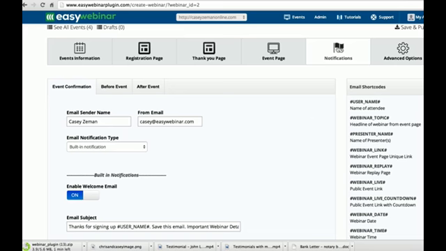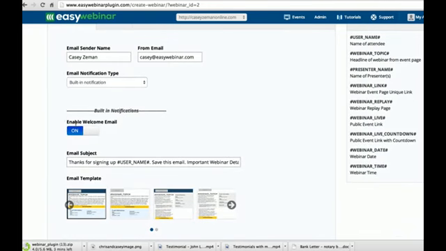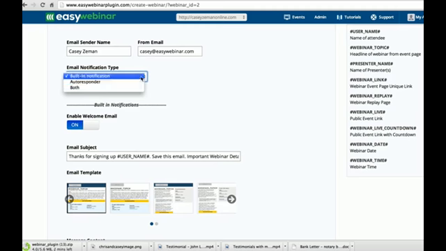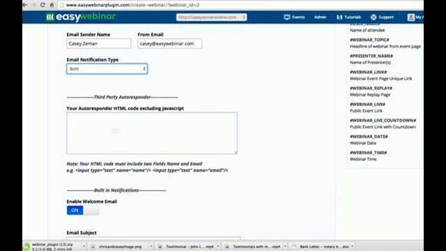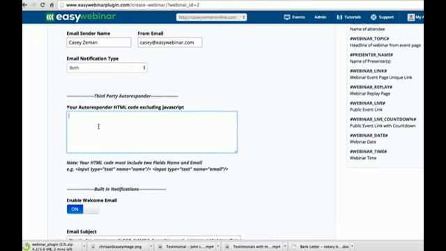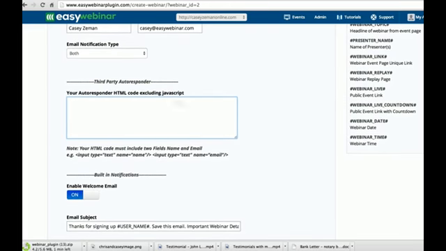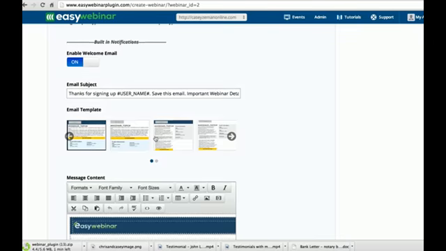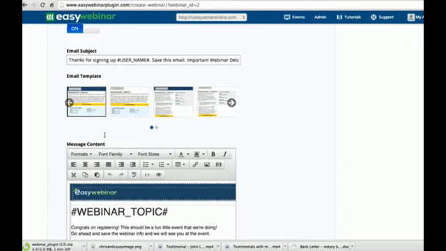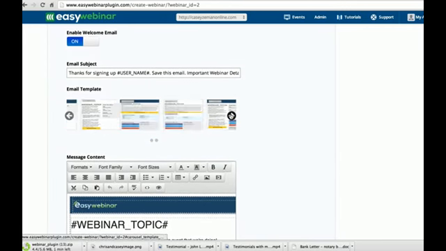Coming over to the notification section or tab in Easy Webinar, you'll find that we have a built-in notification system. Now, this system can be used by itself, or you can actually just use your own autoresponder by putting your autoresponder code here, or you could use both. And by putting both, you would add your autoresponder code here, and then what that would do is add someone to your autoresponder list, as well as send out these emails. So we have the welcome email that will go out, and each email has various templates that you can use, as you can see up here,